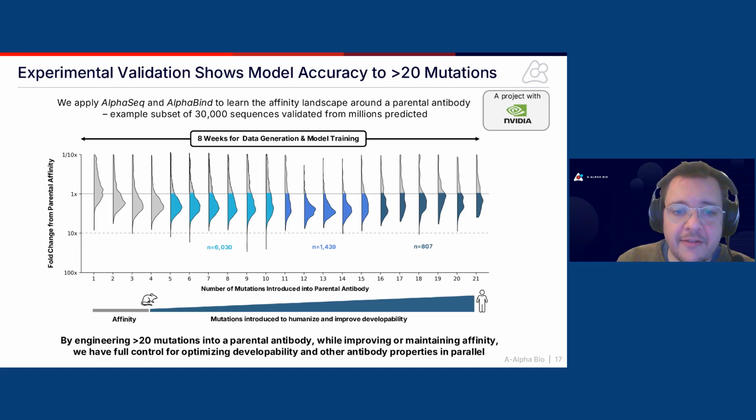Again, here we're looking at violin plots. This is a validation of model performance after that one round of data generation. The x-axis is the number of mutations we've introduced. On the y-axis is relative affinity from the parental. And as you can see, in the shaded bits, we've just colored how many candidates we've got. So it's very easy for us to generate in silico thousands of candidates with hugely diverse primary sequence